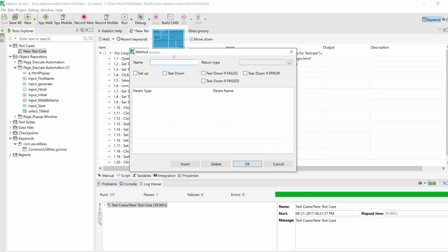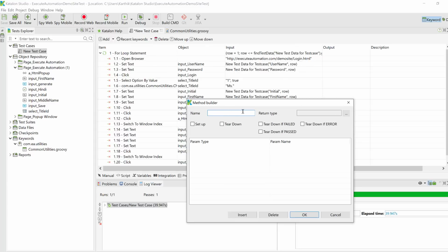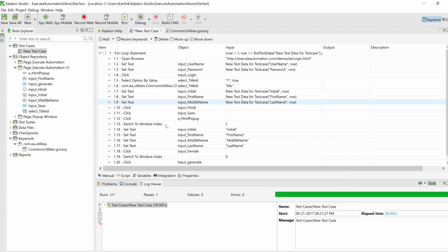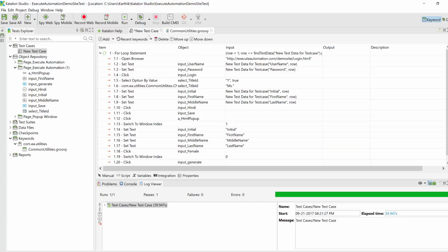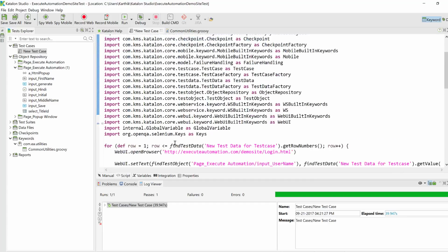So you can create a method from here using what is called a method builder. This method builder basically builds a method for you, and you can pass in the return types, and you can call the method in a setup or tear down, or tear down if it fails or passes, or if it errors. You can set the annotations for that. But I'm not going to work with the method builders because method building is not something I'm looking for. Rather, the much easier way is to go to the script tab